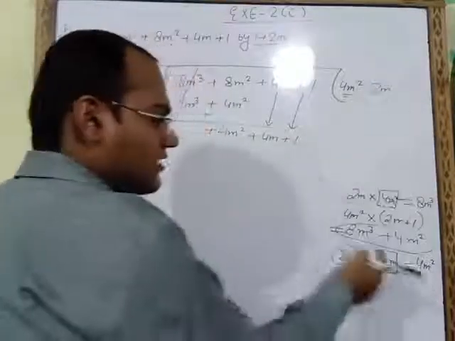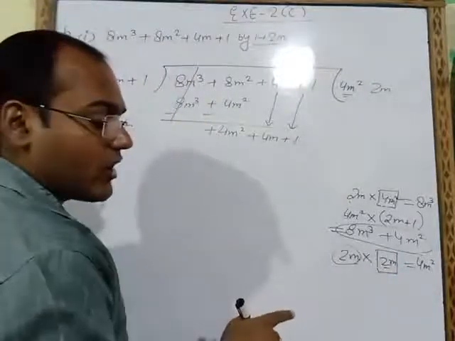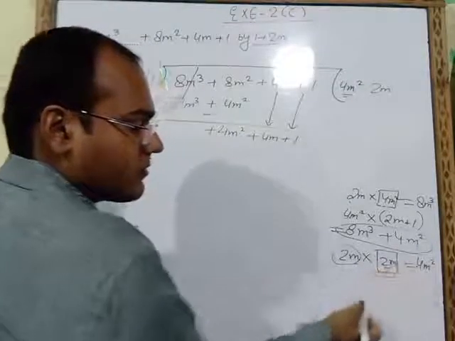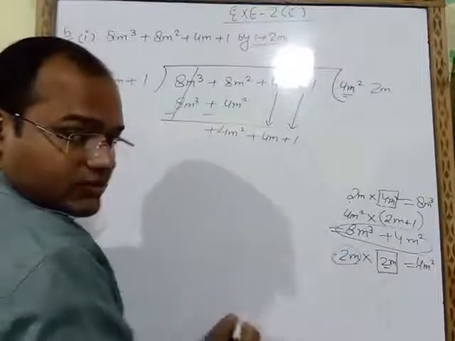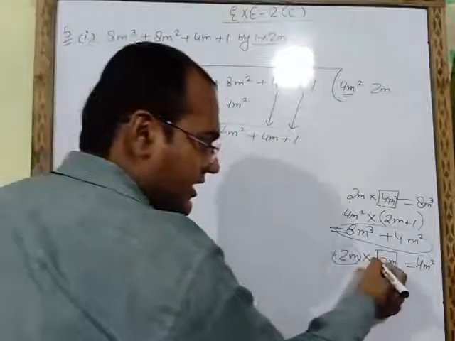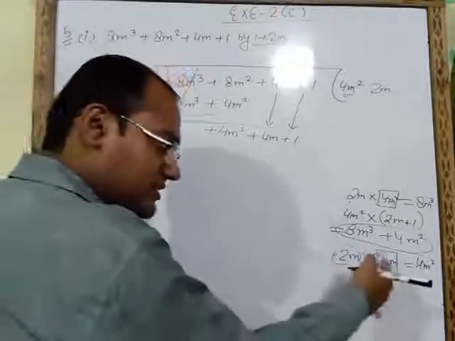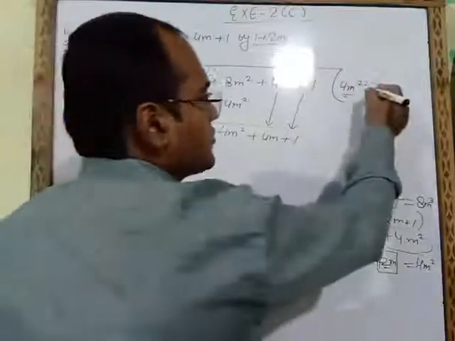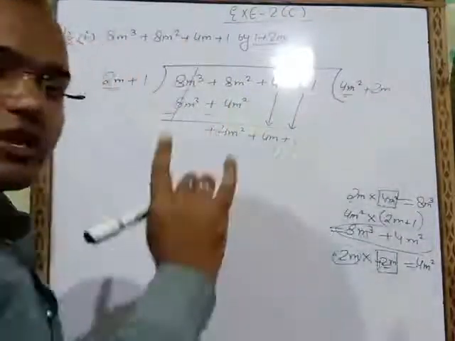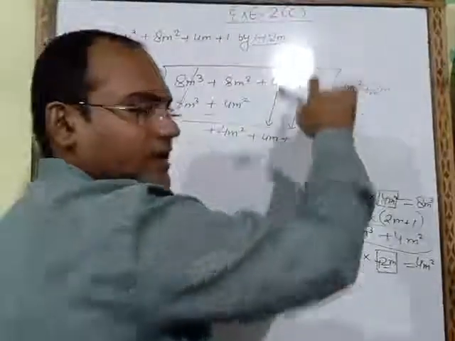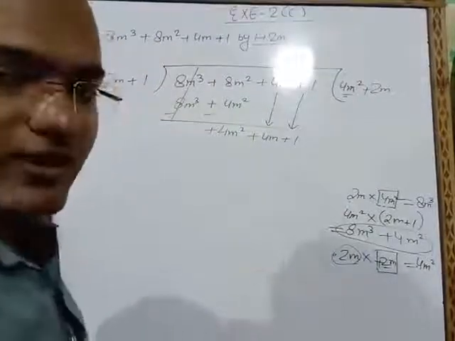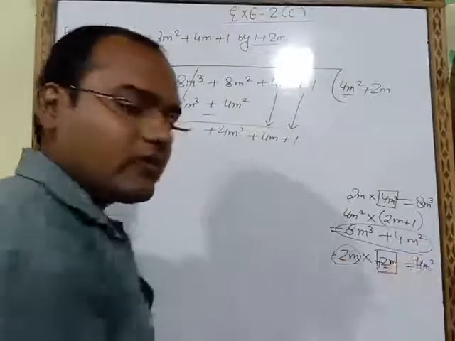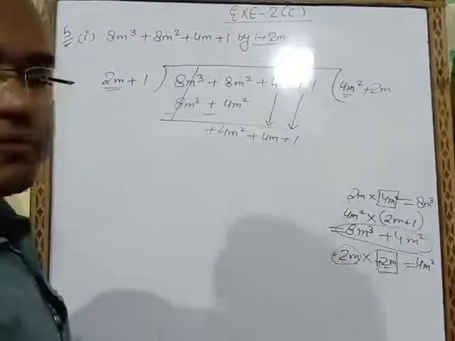Not only the number, the sign also we have to write. Here this is a positive number and this is also a positive number. So plus, and here also we will take plus 4m square. So this is plus 2m. So here it is compulsory to put the sign. You have to put plus sign. Why we will put plus sign? Why we are not putting minus sign? Because plus only we will get. So this is plus 2m.